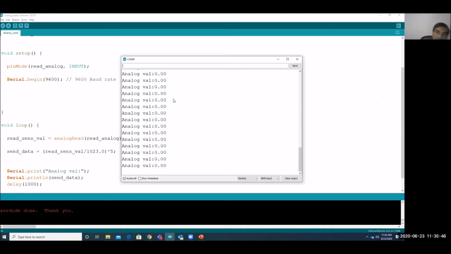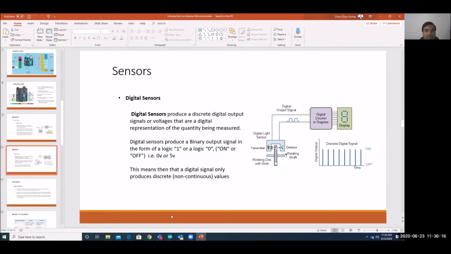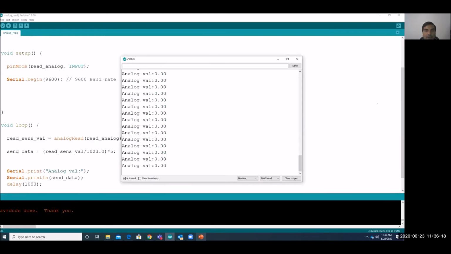So everyone is clear with the analog sensor? Anyone having doubt can ask a question. Because I'm giving a live demo of the software and hardware also, I think it will be easy for you to understand. If I just go through the PPT, then you will not understand what is analog sensor and what is digital sensor, because that will be one part of your electronics life, like analog and digital.